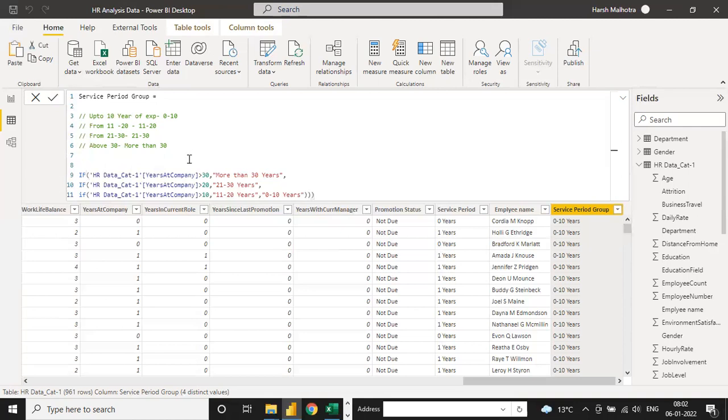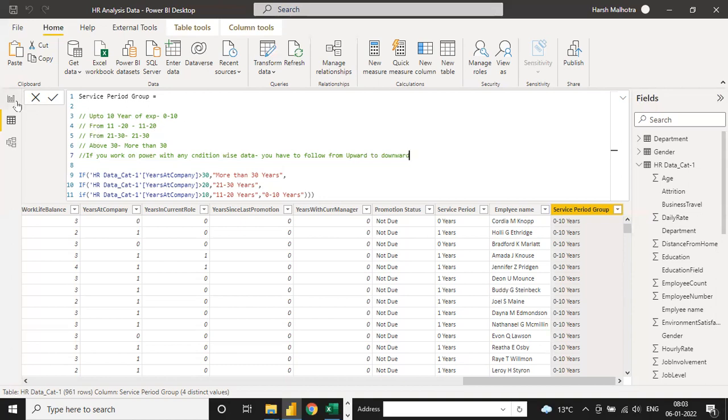So if you follow anything, let me write it here. If you work on Power BI with any condition-wise data, you have to follow from upward to downward. Upward to downward means higher to lower, like 30 is the highest, then 20, then 10, and then last 0. Like this way. Clear, guys, you all?